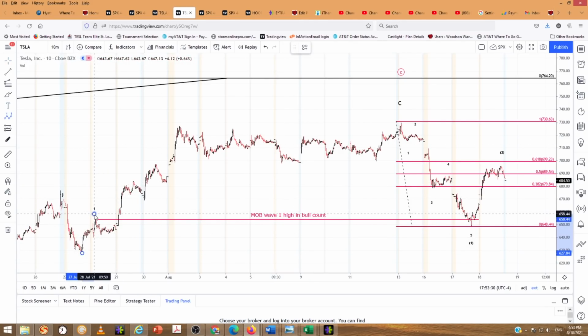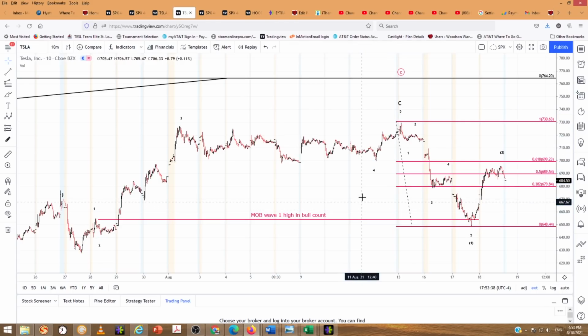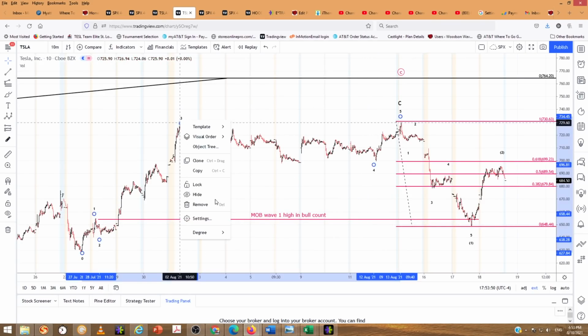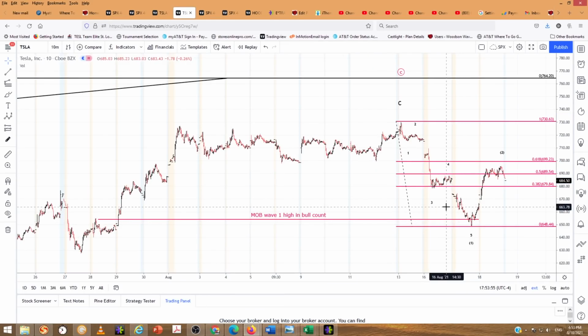So if this was 1 and this was 2 and this was 3 and anywhere in here was 4, we put it there, and that was a smaller, higher high right there. Okay, we can't retrace more than 100% of that, or 4 cannot go below the wave 1 high. There's that make or break that was on the bigger chart. Okay, so that confirmed that we are moving down, and we have, as you can see, 5 waves to the